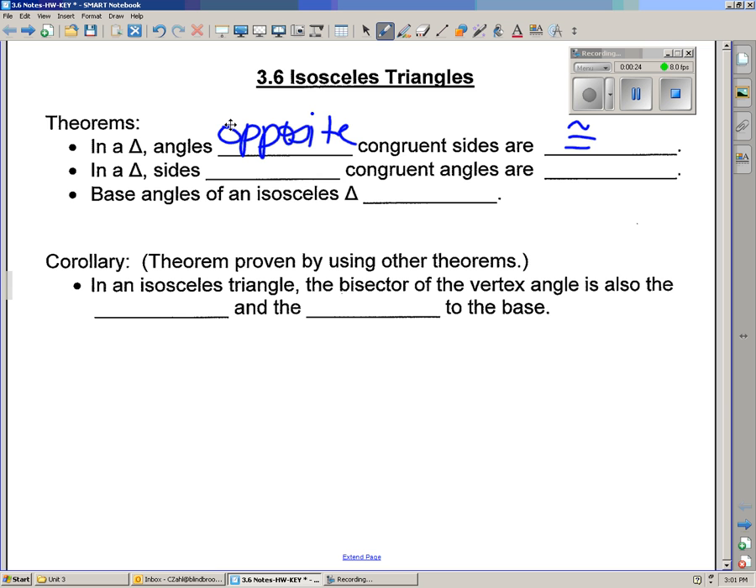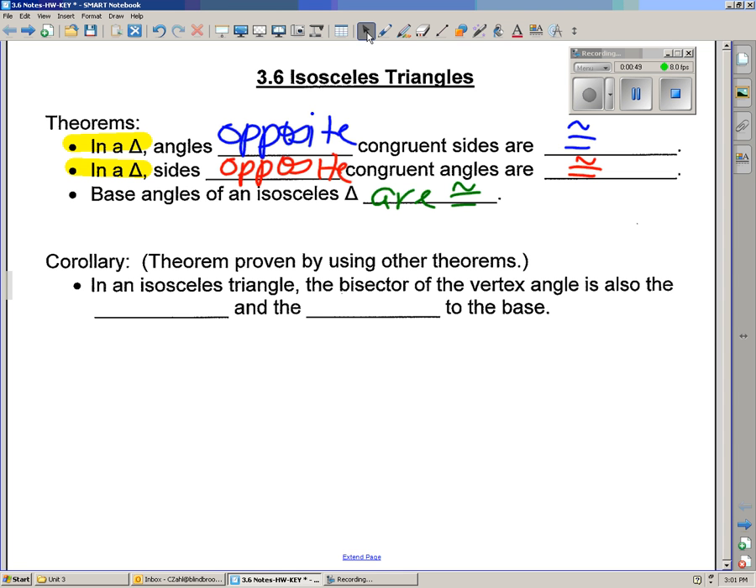Also, if you have a triangle and you know that you've got congruent angles in it, then the sides opposite congruent angles are congruent. So these are theorems that all play out in the isosceles triangle. And then you also know that base angles of an isosceles triangle are congruent. We'll use these theorems a lot in proofs, and the key part is the fact that you have to be